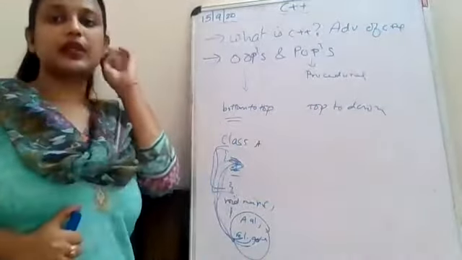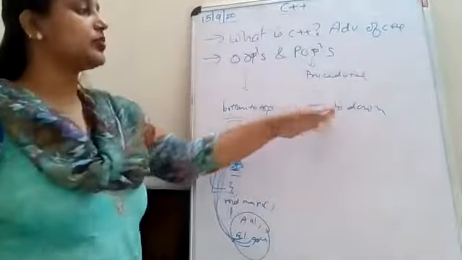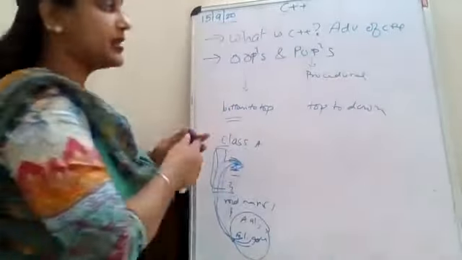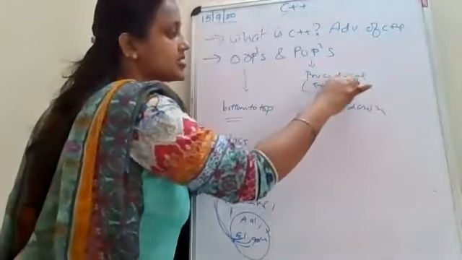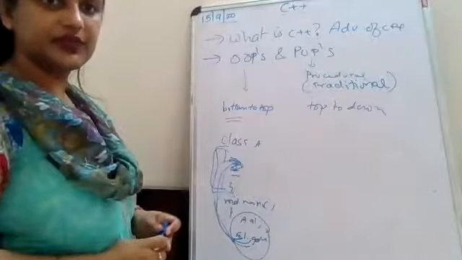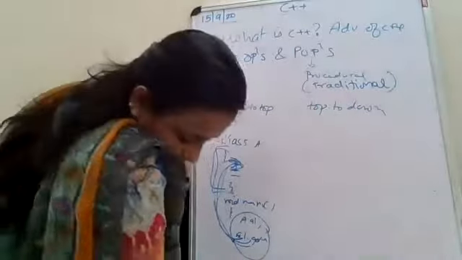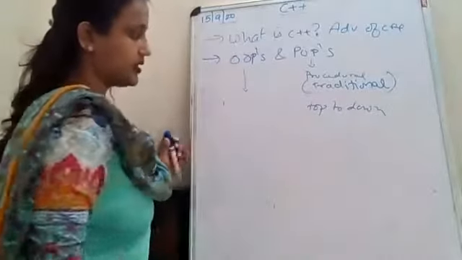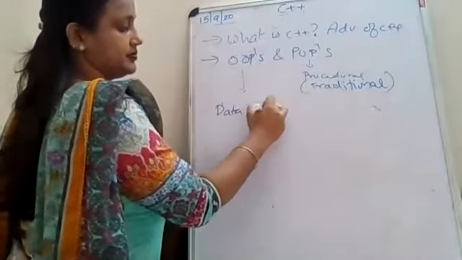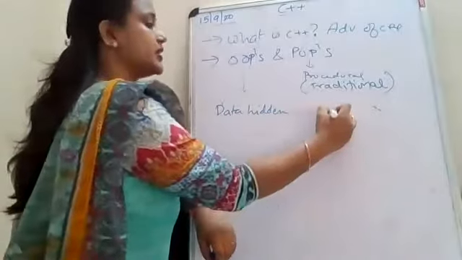एग्जाम में आपको explain bottom to top approach and top to bottom और distinguish between bottom to top and top to down ऐसे भी आ सकता है. OOPS and traditional programming, this is also known as traditional programming. Okay, which is top to bottom approach. Then I say data is hidden over here. Okay, data is hidden. Over here data is not hidden.